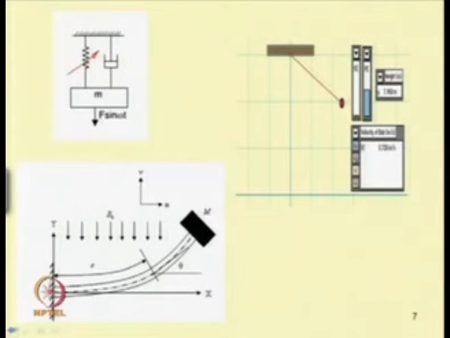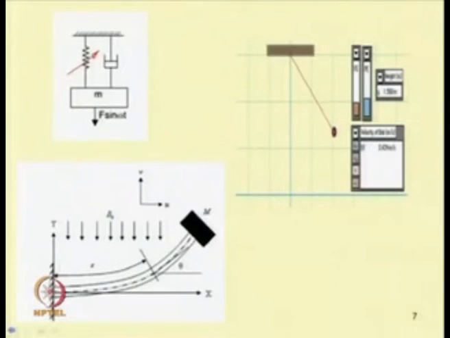Similarly, by taking a continuous system, we can reduce that system to a single degree of freedom system by doing single mode approximation, and in that case also we can have a conservative system where the system equation can be written in the form of quadratic or cubic nonlinearity. So, in case of the pendulum, one can observe that.